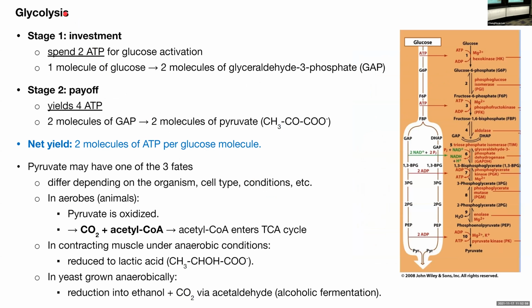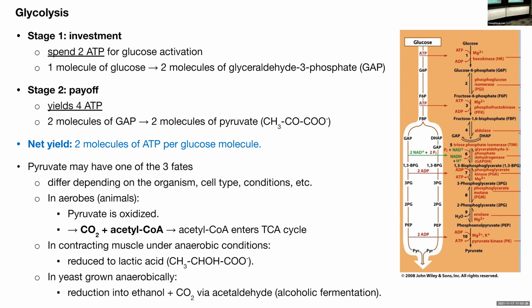And this first stage, which is from step 1 to step 5, is the investment stage, where it actually spends 2 ATP. So instead of generating energy, it consumes energy. It uses 2 ATP for activating glucose. And activating means that it makes it into the high energy state where a phosphorus group can be attached to glucose, like